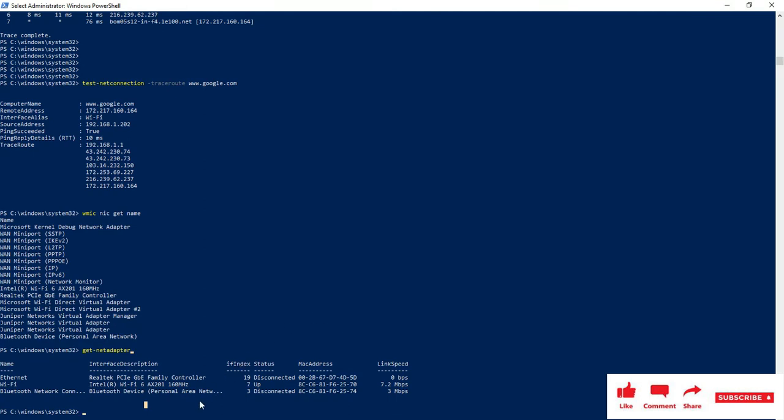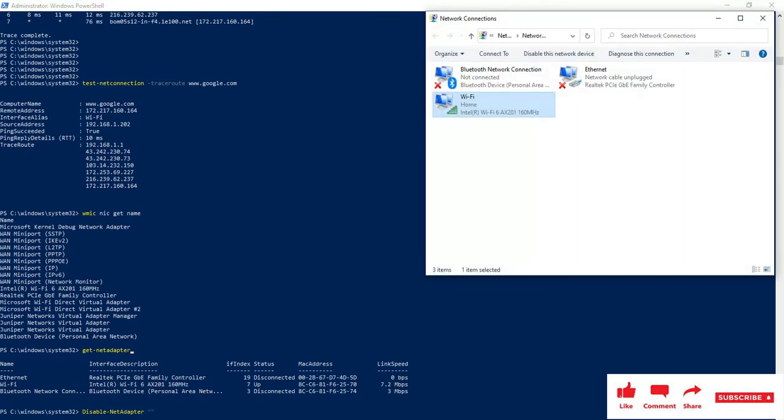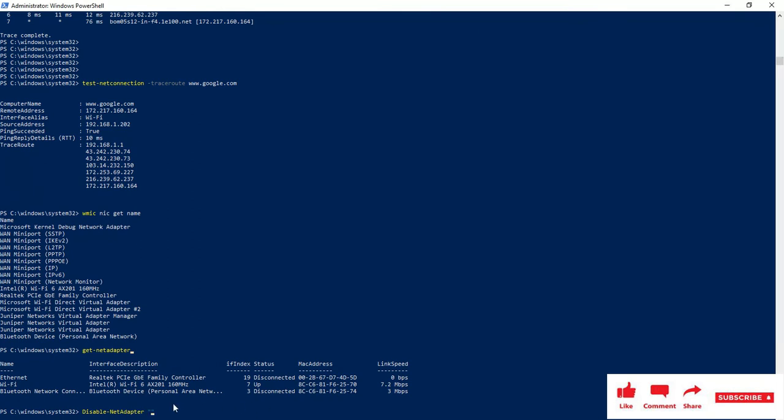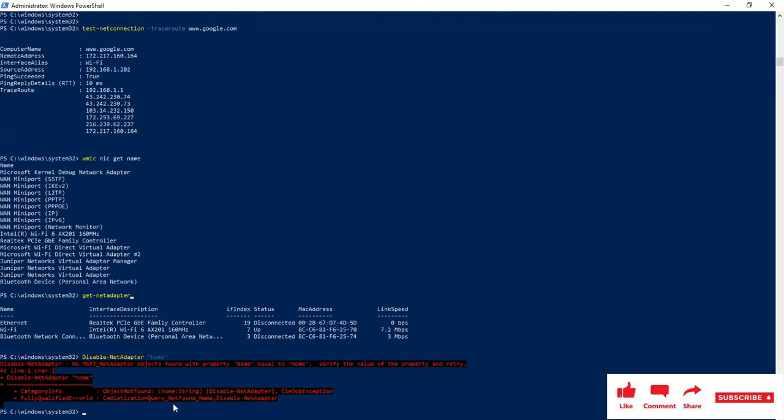To disable it, we use Disable-NetAdapter and then give the Wi-Fi name over here. In my case the Wi-Fi name is home. I'm sorry, here we have to give the adapter name. So the adapter name will be